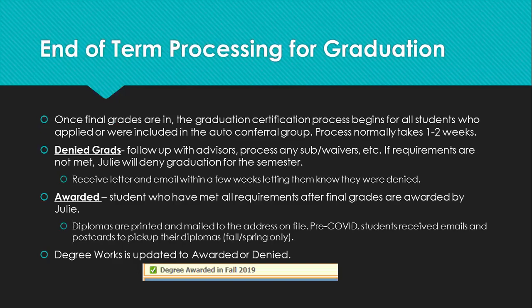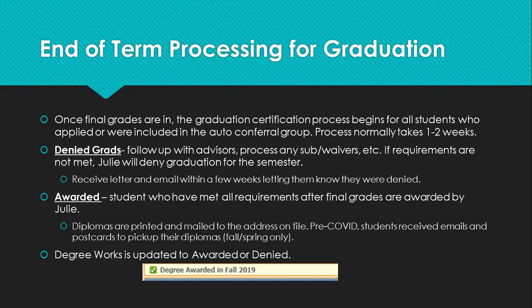All right, so end of term processing for graduation. Once final grades are in, my grad certification begins again for all the students who applied, and we're included in the auto conferral group. Depending on the semester, it'll take me a couple weeks to complete that. And that just basically entails me going through every single person that applied, looking at their degree audit, making sure that now that final grades are in, they've still met their requirements, and either clearing them for graduation or denying